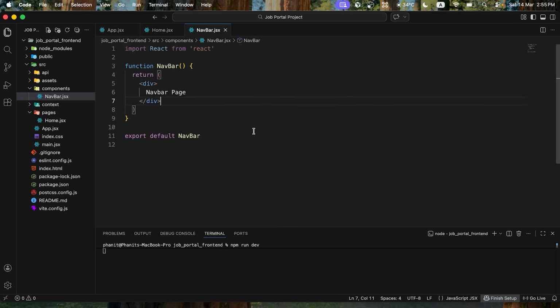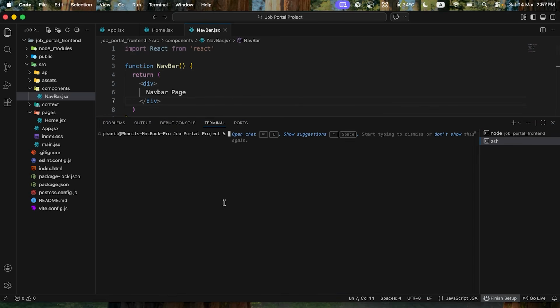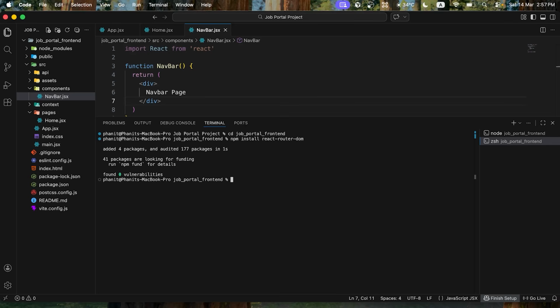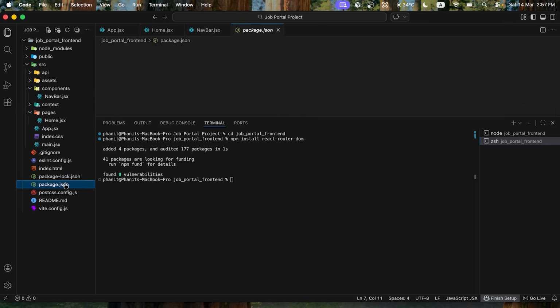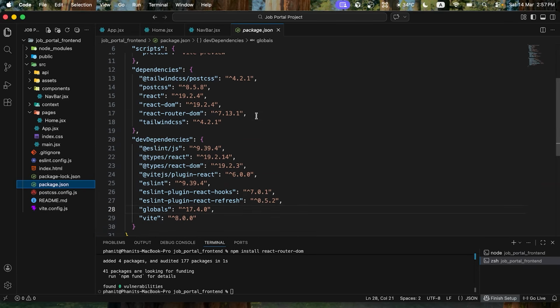So right now I'm gonna install React Router DOM. Then I'm gonna cd into job portal front end. Then I'm gonna type npm install react-router-dom. Then I'm gonna press enter. Okay, so I'm gonna go to package.json right here. So you see, this is the version of React Router DOM. So this is